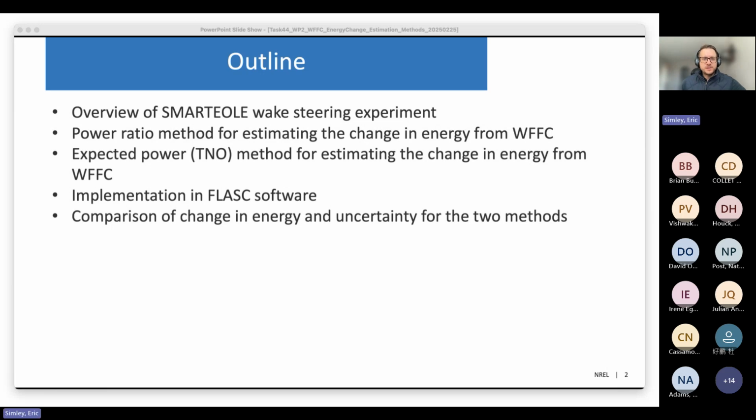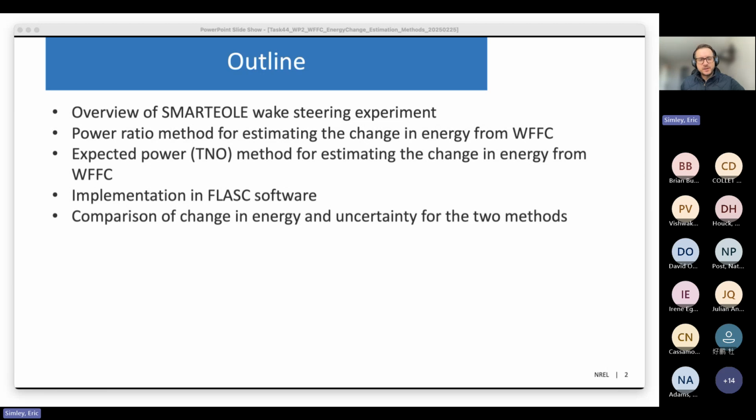Then I'll talk about two methods: the power ratio method for estimating the change in energy from wind farm flow control, which we implemented in FLASC a long time ago, and then just in December we implemented a method that's based on